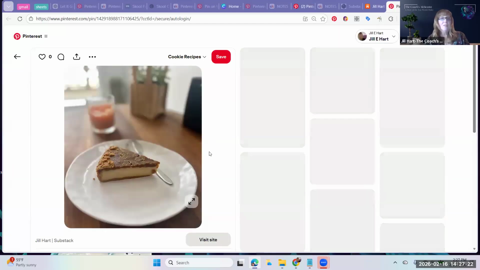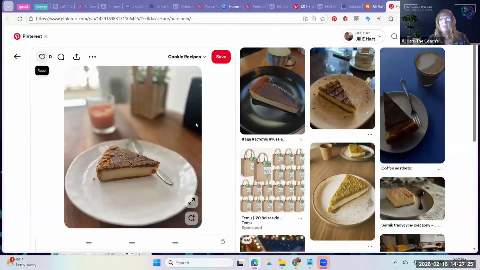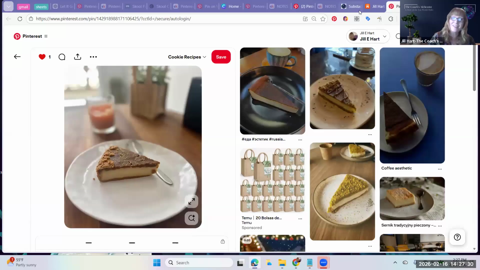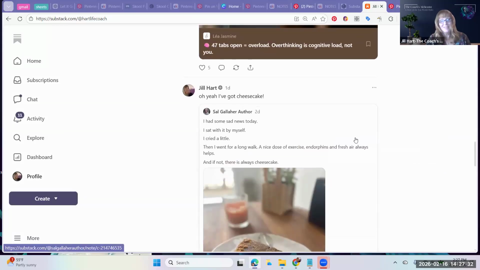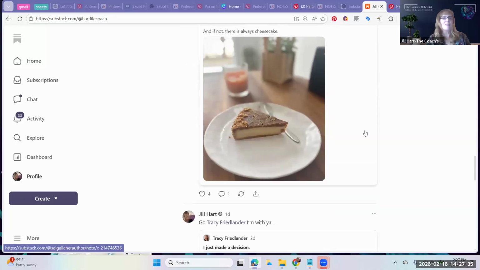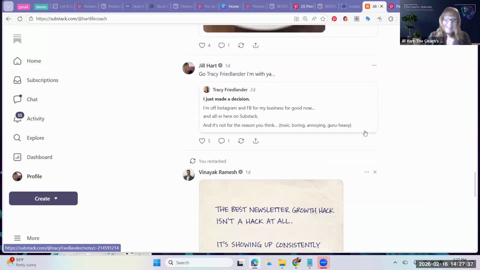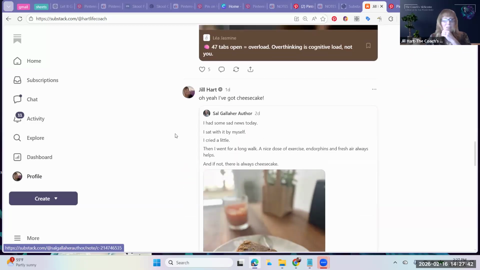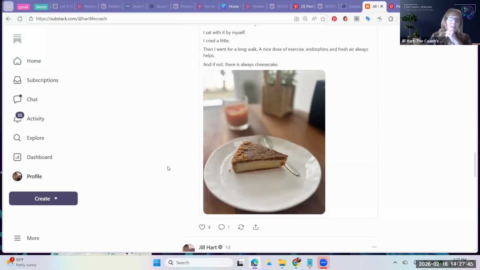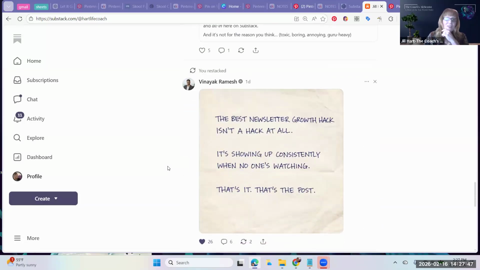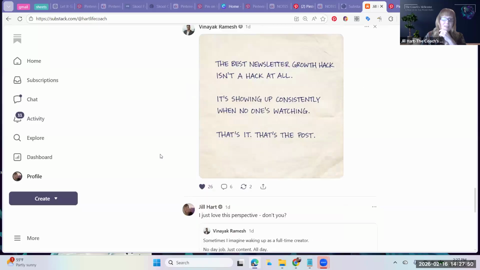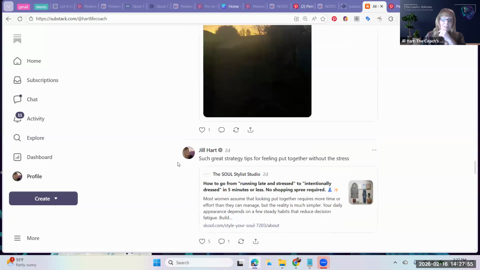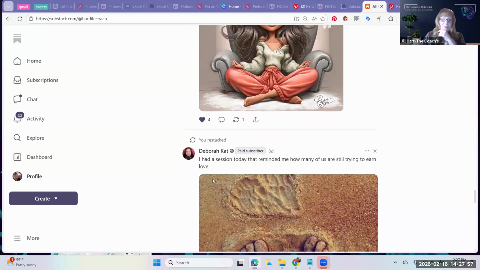They probably didn't even suspect that their pin could suddenly be amongst other pins, and they created that post. Oh, that was me. Actually, it was a repin of somebody else's. It was Sal's. But like your content, this could be pinned as you're just going through. This could be pinned. That could be pinned.